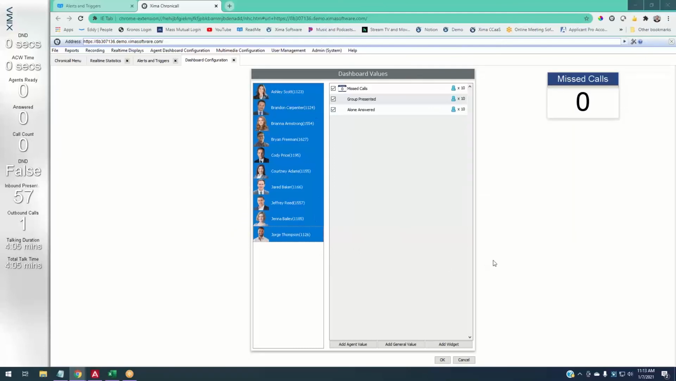So now what happens is this. Once I hit OK, it's saved. Once those agents log into their desktop, they're still only going to have two widgets on there. One showing them how many calls they've missed personally, and then this one, but it would have two values on there now. One showing group presented and one showing alone answered. Group presented was created under general value, so that would be saying, hey, Ashley, this is how many calls your group has been presented. And then alone answered was created under agent value, and that would be saying, out of those calls presented to your group, this is how many that you personally have